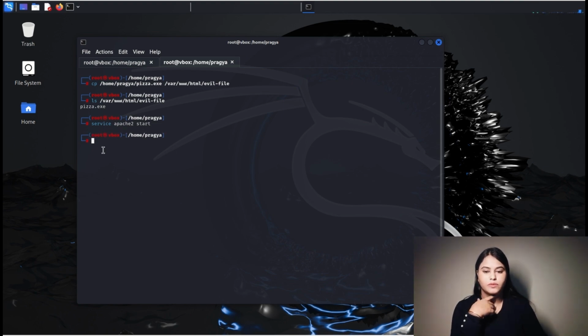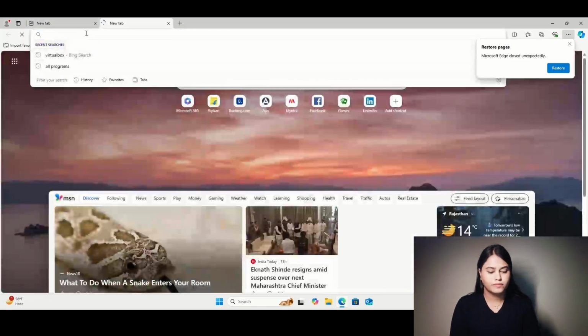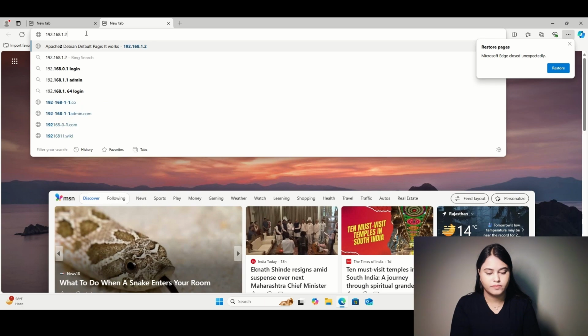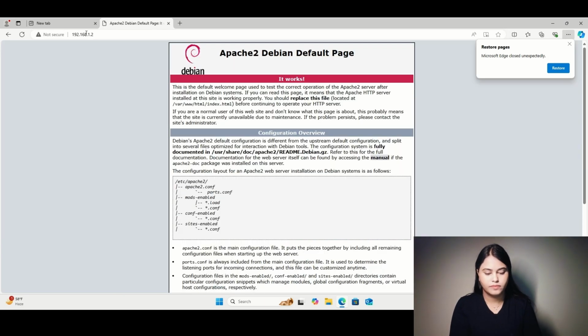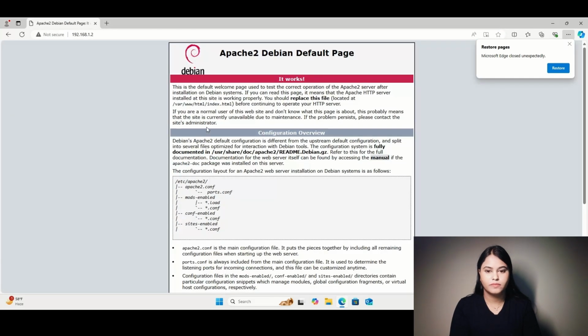Okay, so let us now go and check whether Apache's homepage is getting loaded on the other system, the target system, or not. So now we can see that it is the index.html, the landing page.